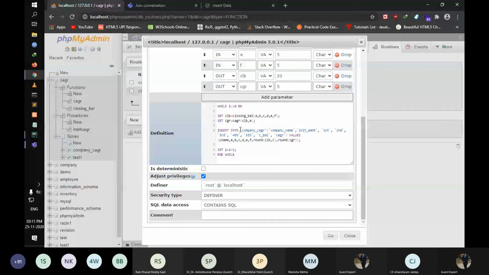Different values are going over there, and we are also using the functions here. See, it's a CLB function and CAGR function. So these functions are calculating the values for the closing balance and the CAGR.